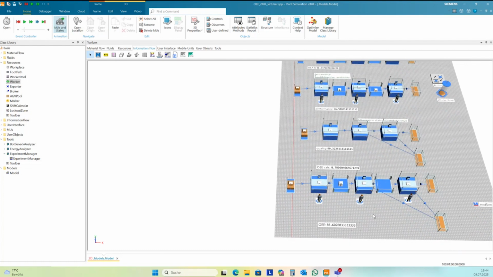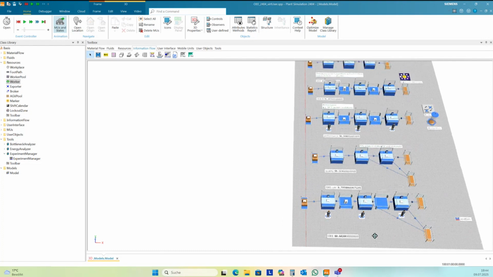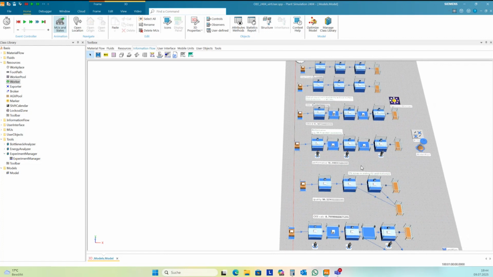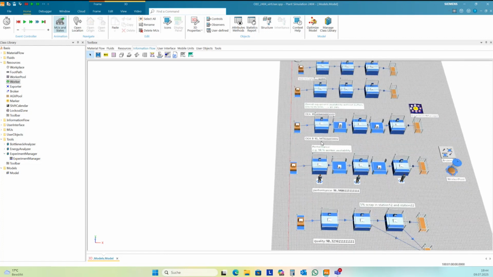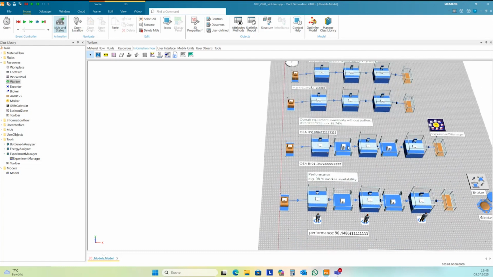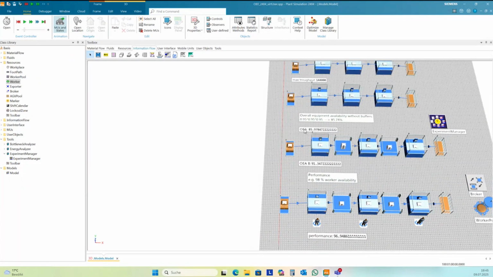Okay, that's it. It's not an easy task if you need to get all the information, and from a certain point you cannot calculate it with mathematics alone. For instance, if you place buffers in between, then the overall equipment availability is slightly different from the calculated theoretical value.